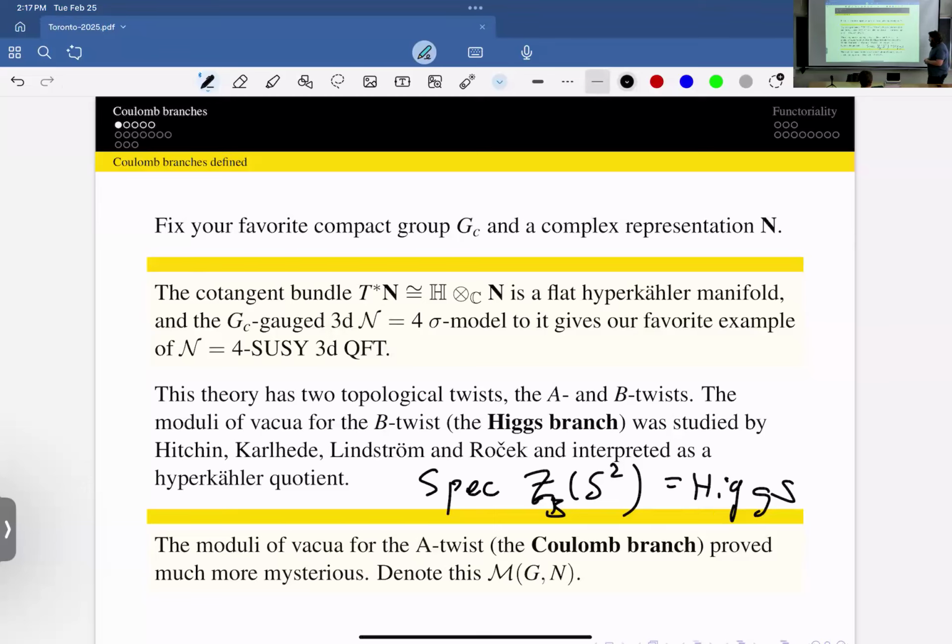On the other hand, this other twist, the A twist, this gives you something that's called the Coulomb branch. And that proved much more mysterious. They sort of knew that it was there, and there were some examples where you could compute what it was, but it seemed like a very strange object, and somehow the operations you had to do to get it were very strange. What physicists would tell me, when I was early in this game in the early 2010s, is they